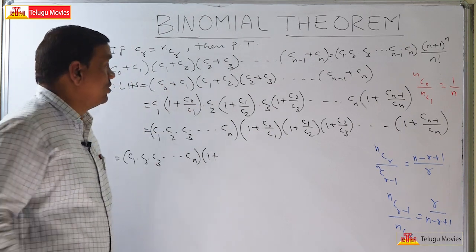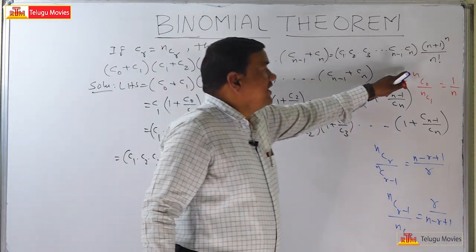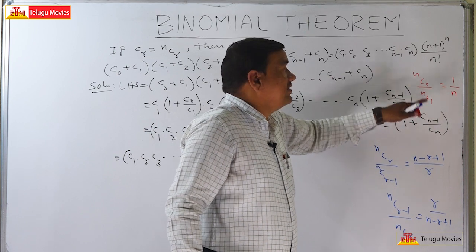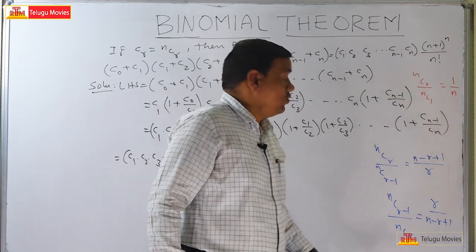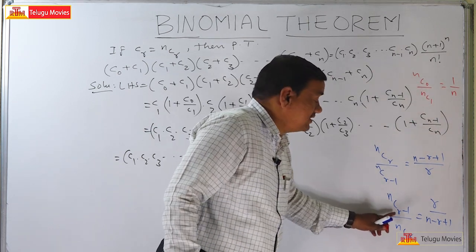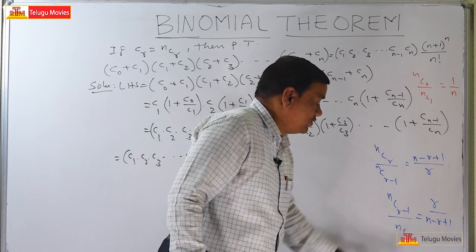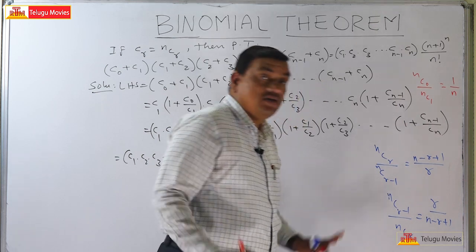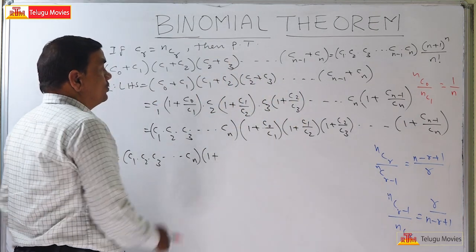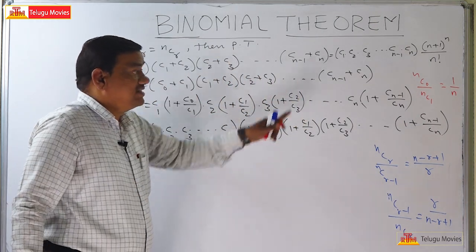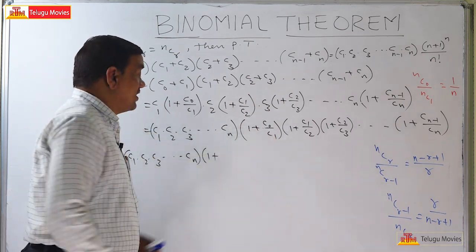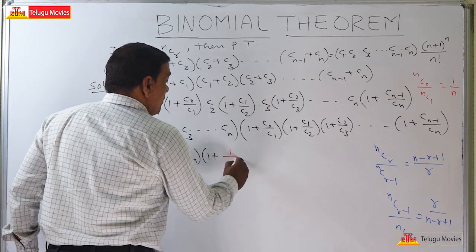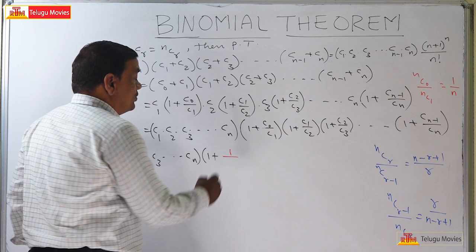Understand? N minus 0. So, see here NC0 by NC1 is equal to 1 by N. How? According to this formula, NCR minus 1 by NCR is equal to, so here R will come, so whatever may be the subtraction here. So the concept is same here also. So NC0 by NC1, here whatever may be that will come here, 1 by N minus 0, that is